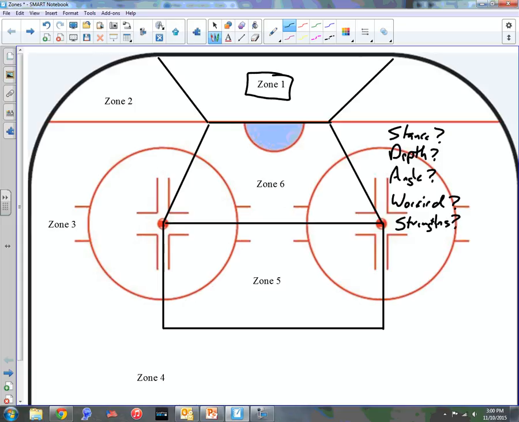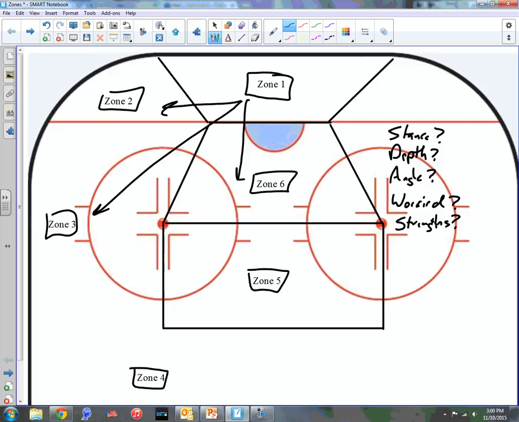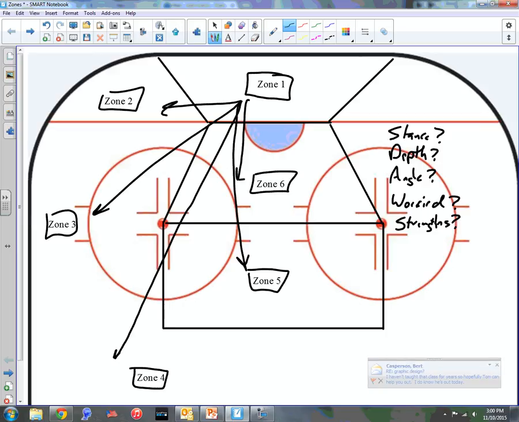In other words, come up with a game plan for all of these situations and think about, what am I going to do? You could even do this. What am I going to do when a puck comes from zone 1 to zone 6? 1 to 2, 1 to 3, 1 to 4, 1 to 5. How am I going to play those situations? What are my big concerns? How am I going to get there? What am I worried about giving up? And what are the tools in my toolbox to try and help me?